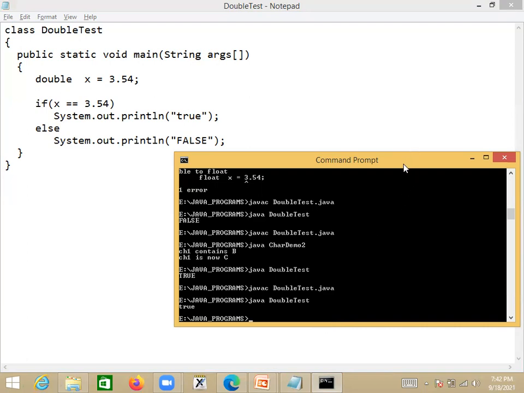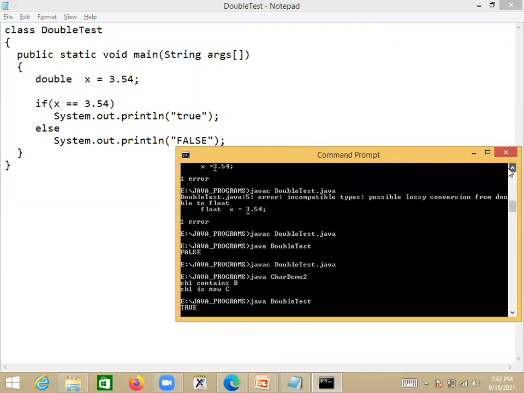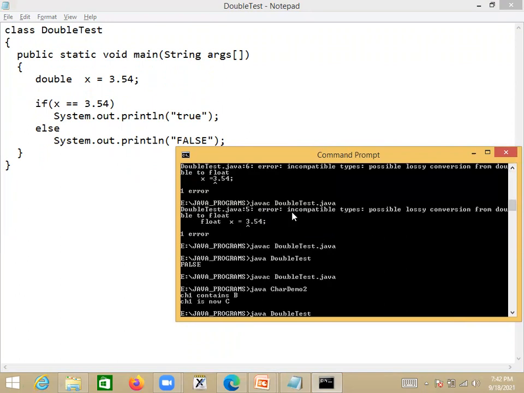When you write programs and execute them, you'll come to know what the error is. Just see here, incompatible types. But in the first instance, people don't understand: 3.54 is a floating point number, so why is it not allowing it to be stored in x? Why is it saying incompatible type? If you don't read textbooks or listen to lectures of this kind, you won't come to know.